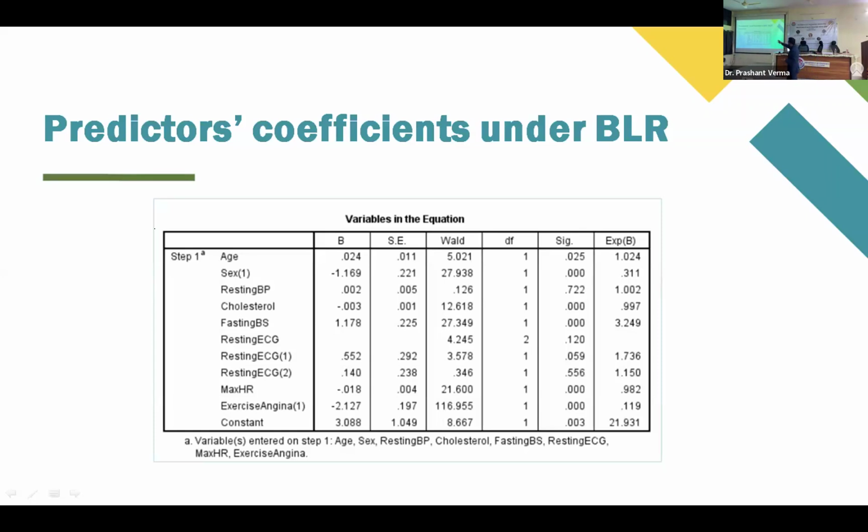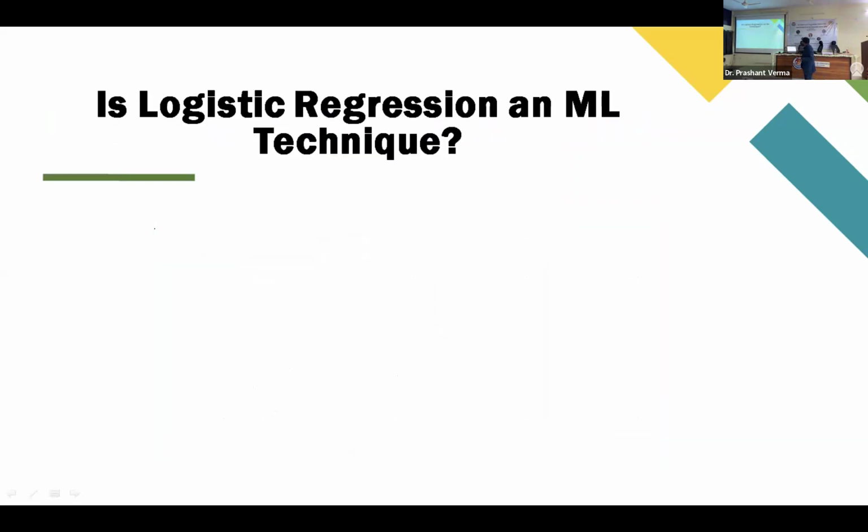Definitely there is a change in the fasting blood sugar. We are clearly seeing that increasing the blood sugar by 1 unit gives 3.24 times the likelihood of getting heart disease. So that impact is clear and it's huge. You can interpret it in that way. So I think we'll go to the data.